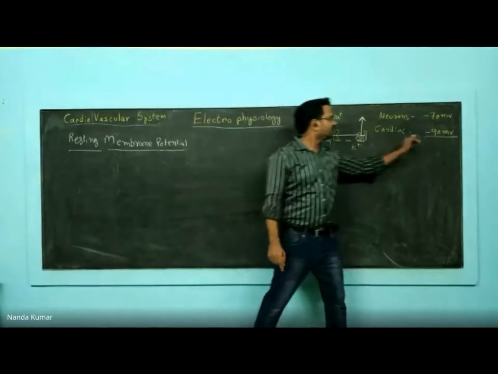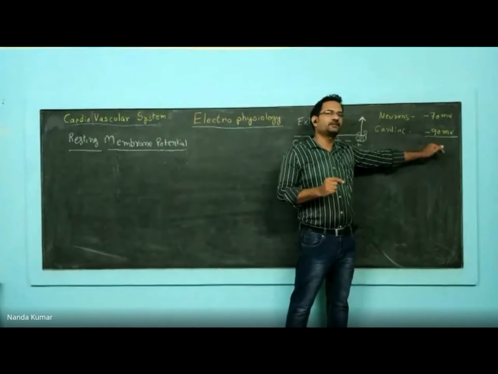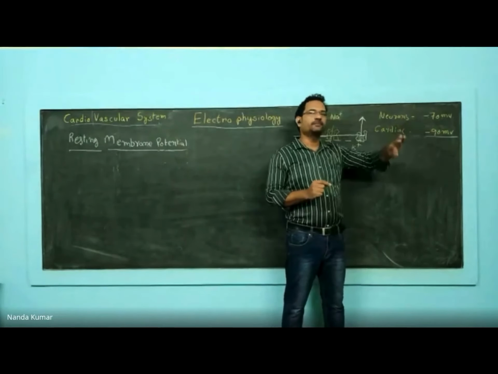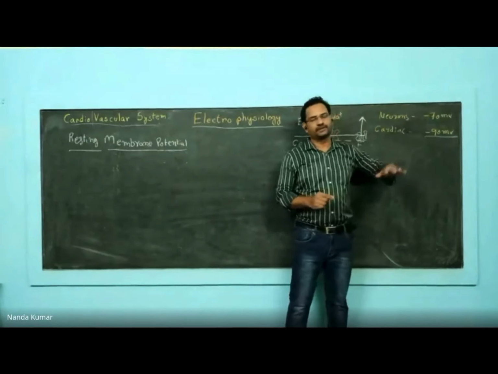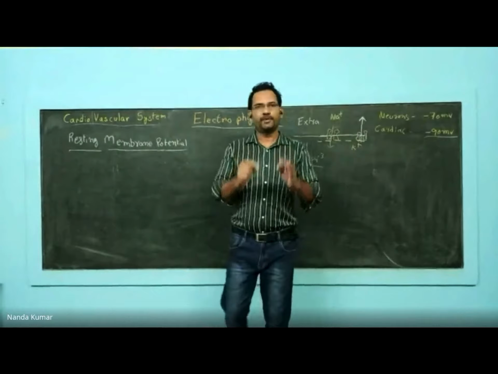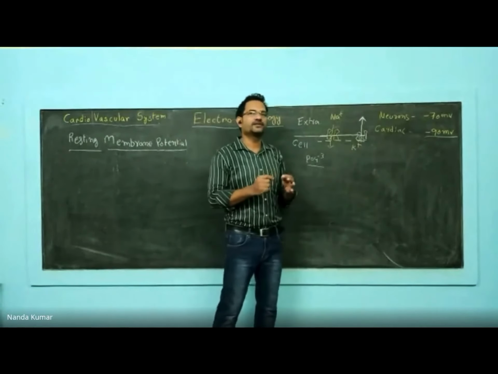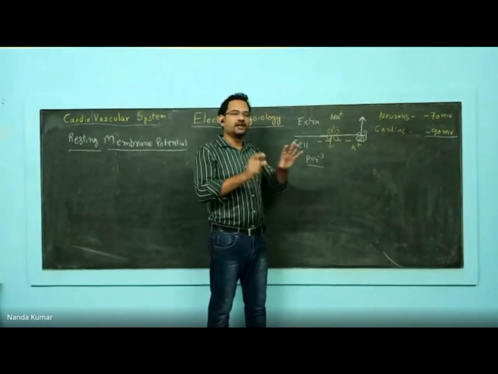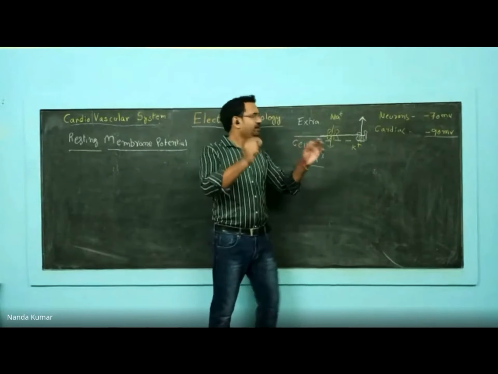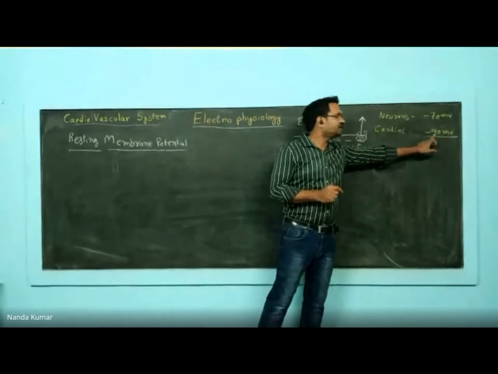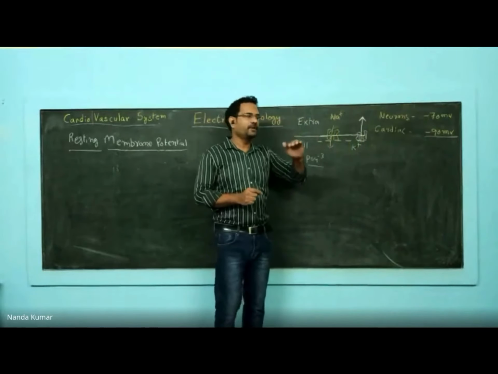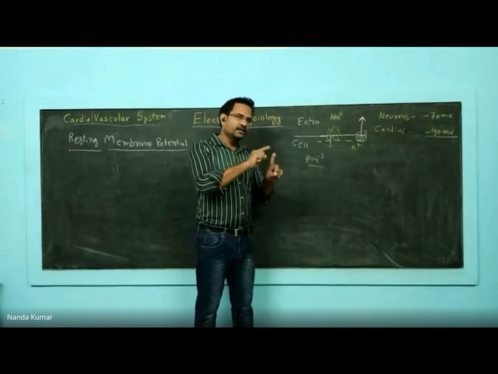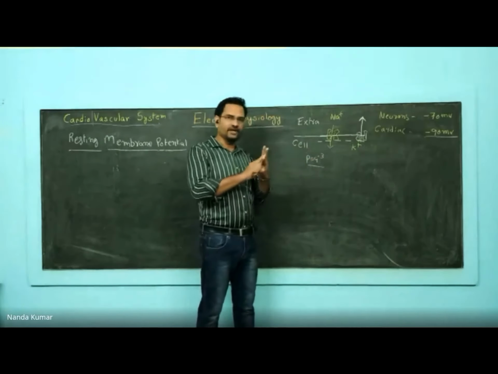During rest, cardiac cells have a minus 90 millivolt resting potential. It is known as resting membrane potential. In the case of neurons, it is minus 70 millivolts. Now, this is about membrane potential. Every cell in the body has a negative potential inside the cell. Depending upon the cell type, the numerical value varies, but still it has a negative charge. This is membrane potential, and it is because of intracellular and extracellular ions and fixed phosphates.